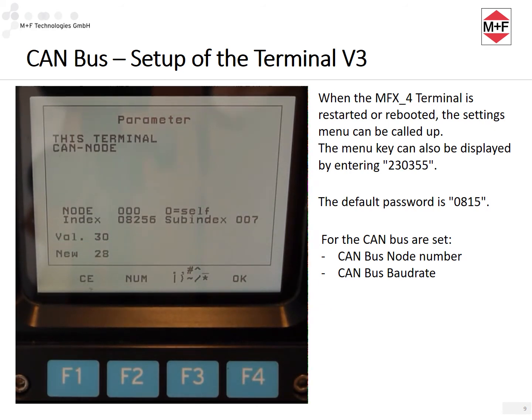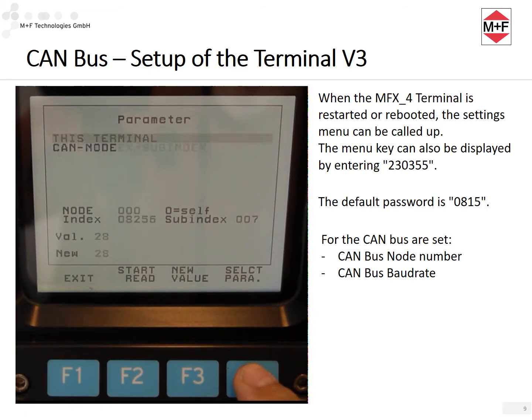Afterwards, we select with Select Para the settings for the CAN bus baud rate and enter this also.